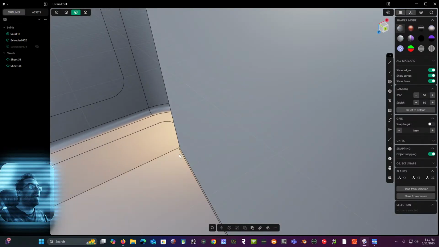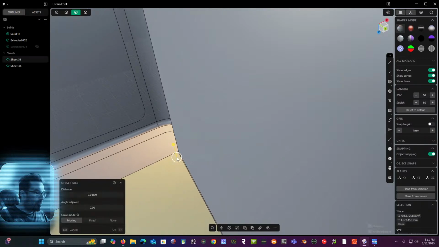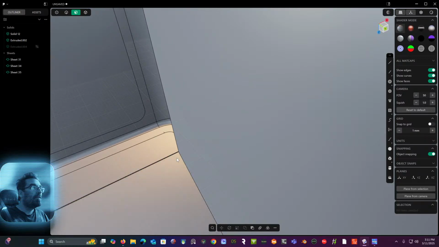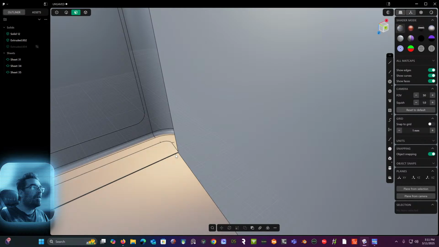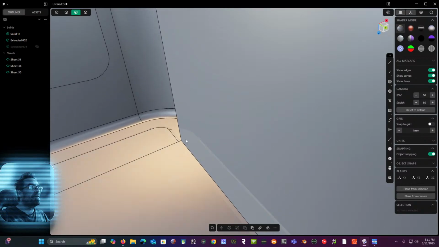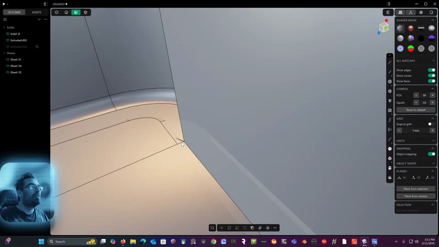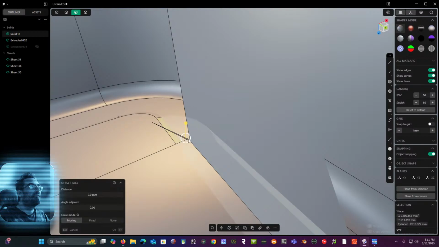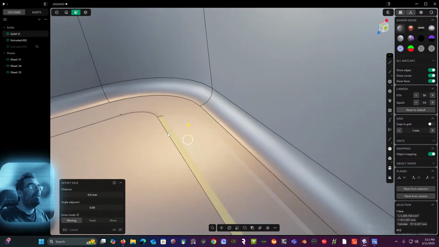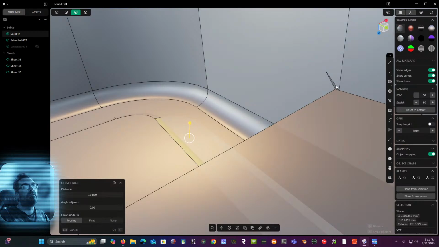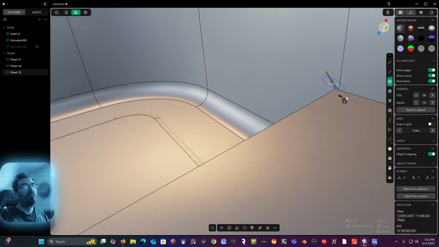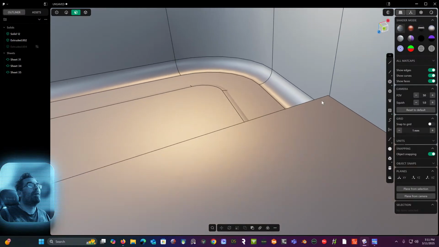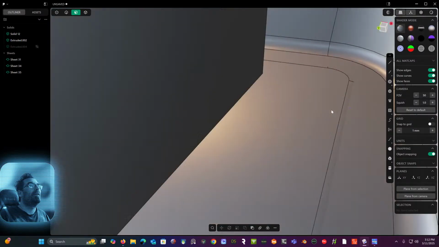Gotcha. It looks like we've got it all the way around, in fact. What in the world made this happen? There is a double edge on quite a lot of this. I must have extruded and then extruded again without realizing I was doing it. There is a little sliver right there that also needs to go away. Not that one, but this one. Oops. Come on now. Shift X. Thank you. All right. So as much of a pain in the butt as that's being,